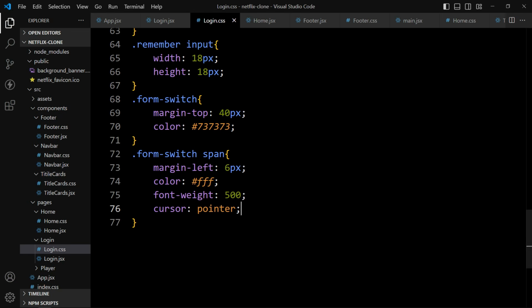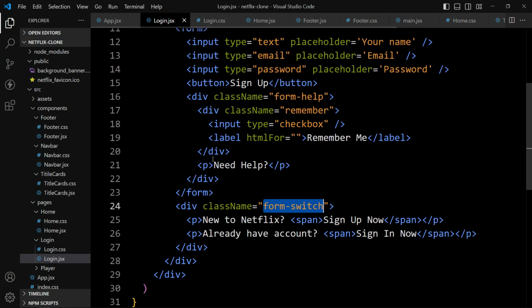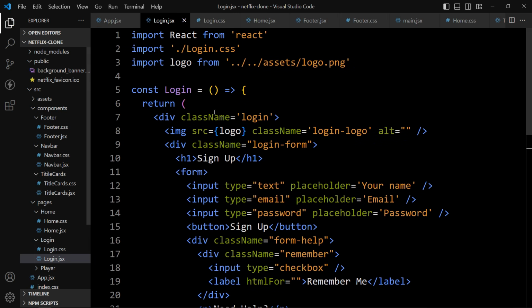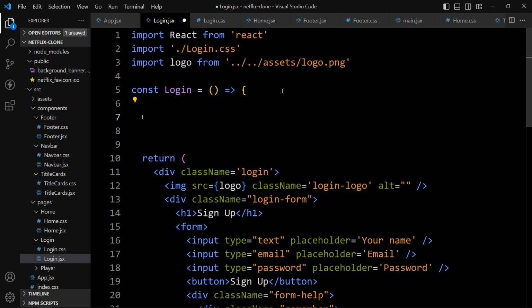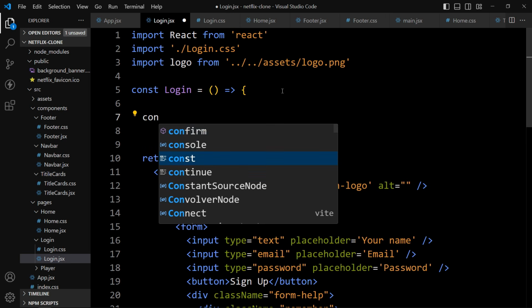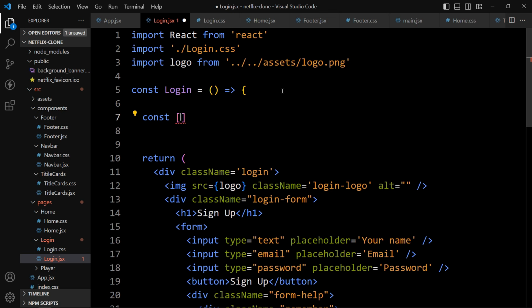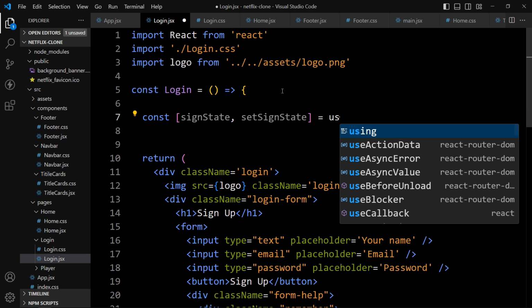So let's come back, and in this login.jsx file let's add space here before this return statement, and here let's add const square bracket, then we'll add the signState, and we will add the setter function setSignState equal to, and in this one we'll add the useState.